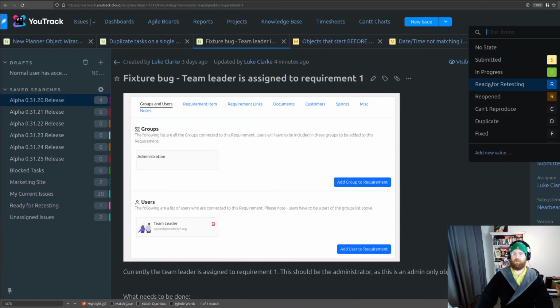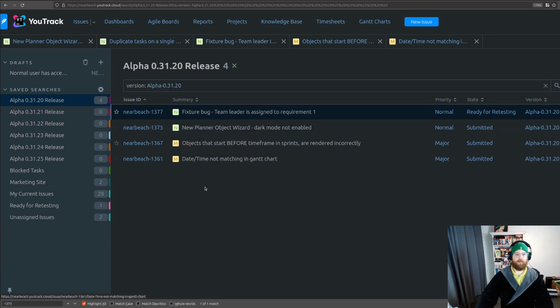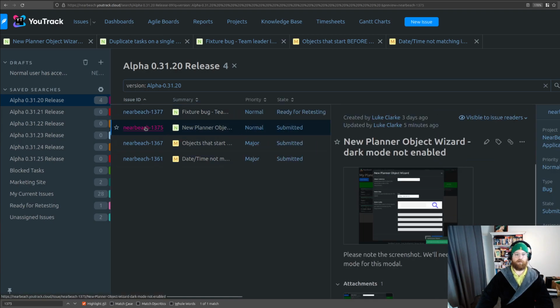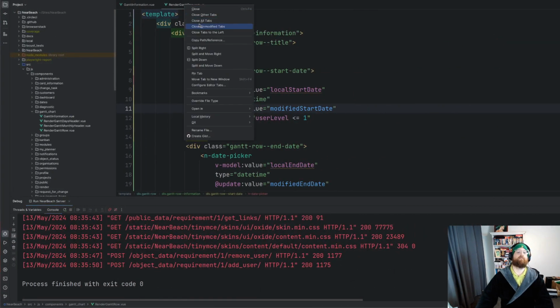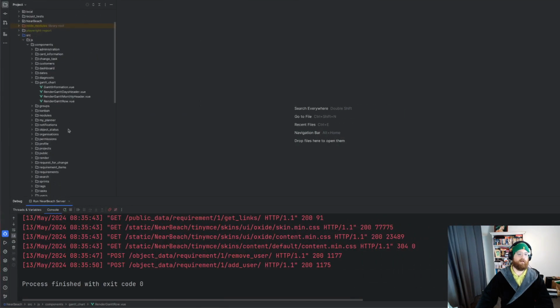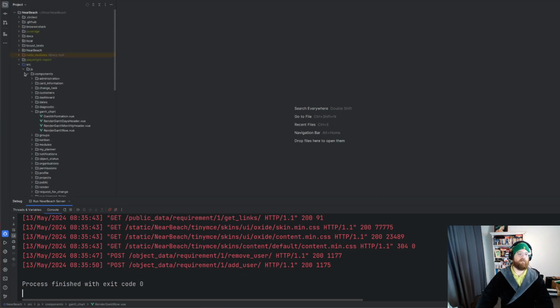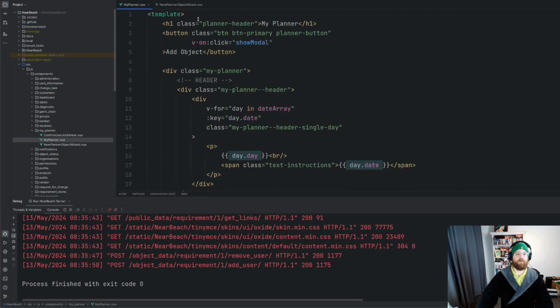So this is now ready for retesting. We're going to go back to here, and we are going to look at new planner object wizard dark mode not enabled. So if we have a look at this, new planner object wizard. If we close all this, we go to my planner. I'm under the source JavaScript components, my planner. I'm also going to open up my planner itself, and if I scroll to the top,